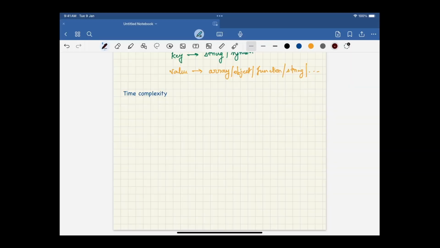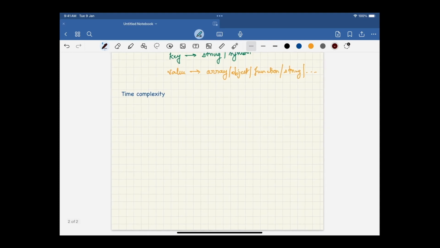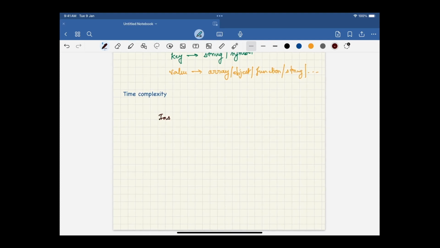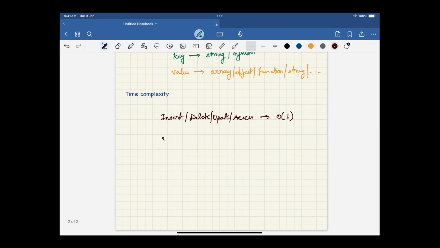So let's talk about the time complexity of objects. Objects have basically a constant time complexity for operations like insert, delete, update or access. The time complexity in this case is constant time complexity, basically O(1). You can do it in constant time, but other operations which involve some iteration, it may be a search